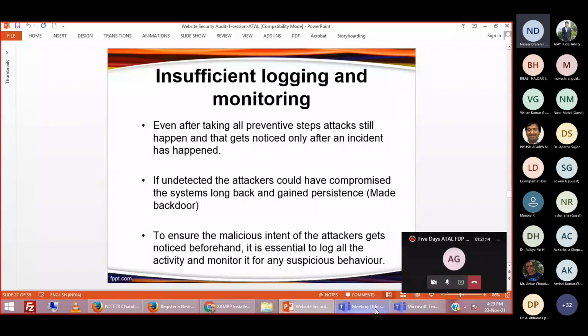But these developers are not so skilled in secure coding. Secure coding is basically a technique. If you use secure coding in your website, all these problems, SQL injection, cross-site scripting, sensitive data exposure, will not come to your website. But these secure coders are very rare, right? So you have to identify a good developer who knows secure coding, right? You should never ever hire a cheap developer.